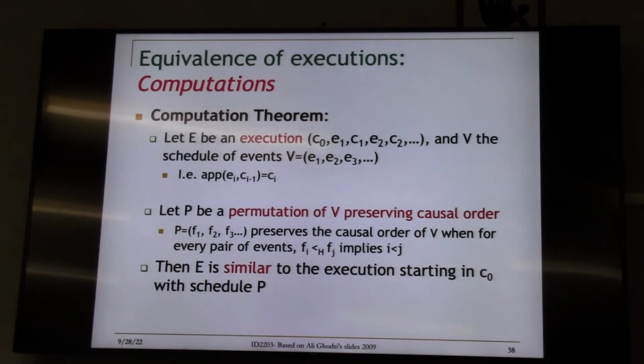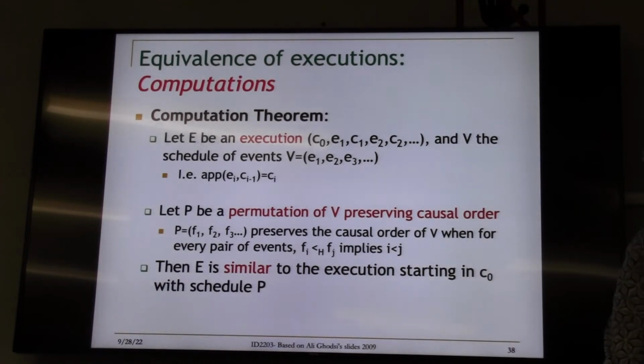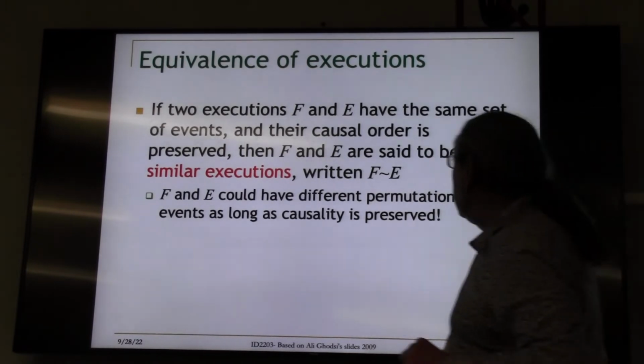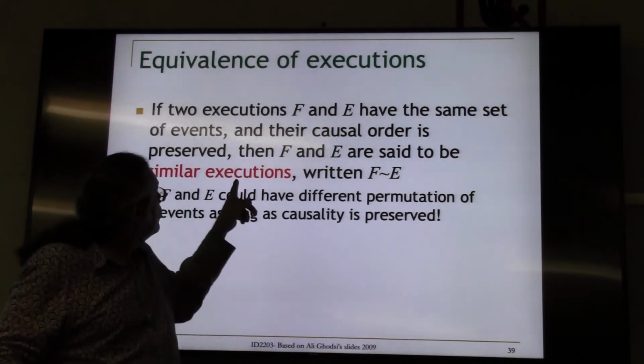So that's actually interesting. That's actually very important. It's not so hard to prove that, but I'm not going to prove it right away. Maybe some will see it later. But now I want to give you more the consequence of this. If two executions have the same set of events and their causal order is preserved, so they're doing the same events, but in some different order, but the causality is preserved, so I'm not traveling backwards in time,